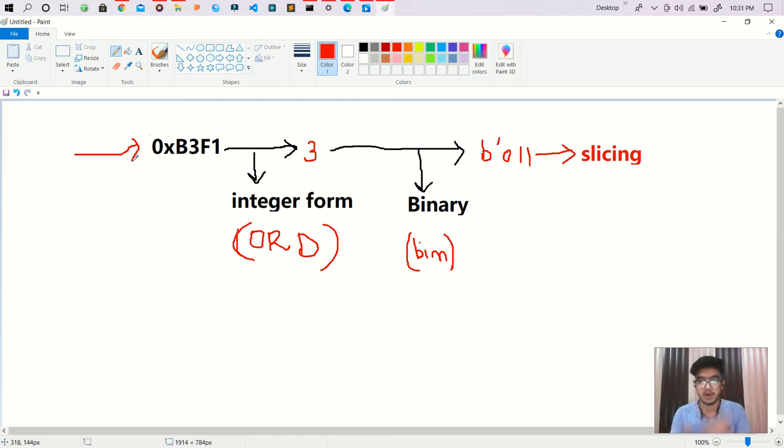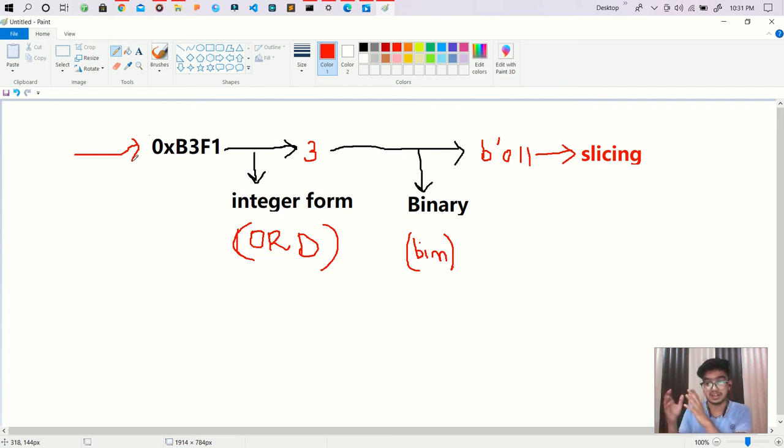In the compression function, we have our actual data in the form of a string.